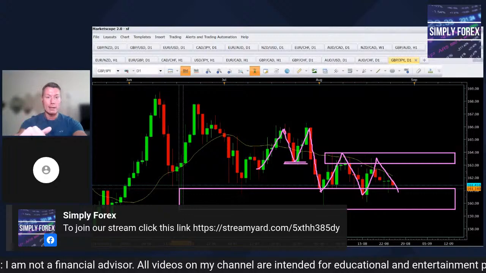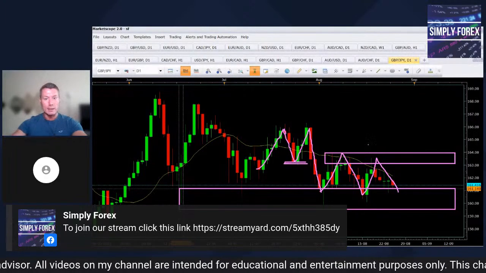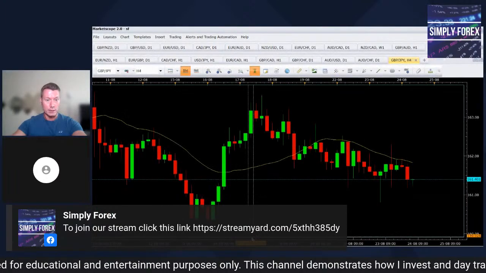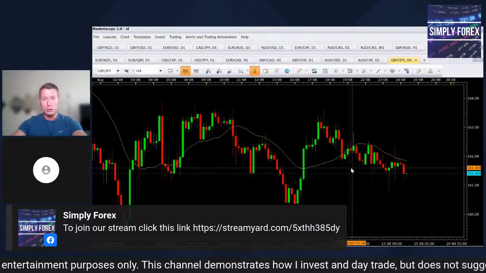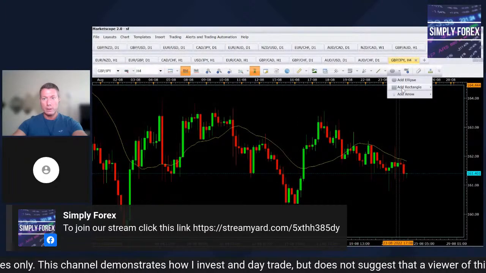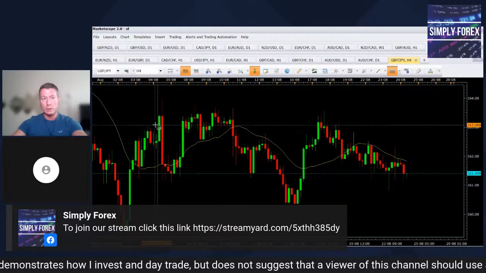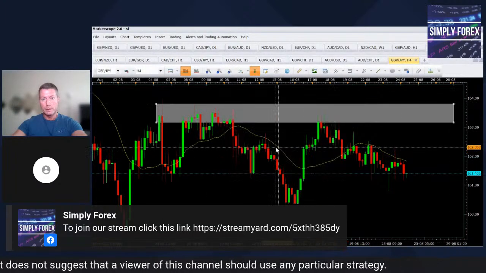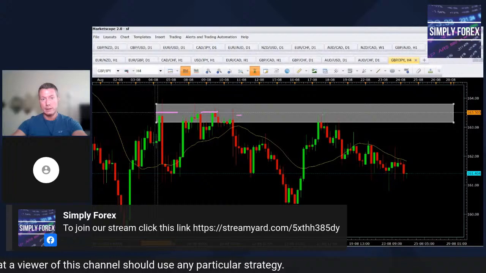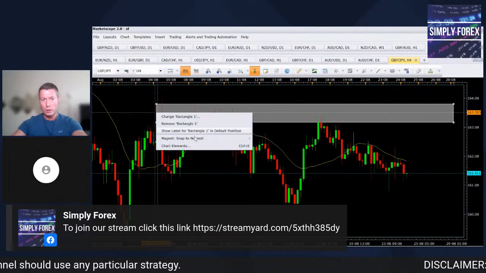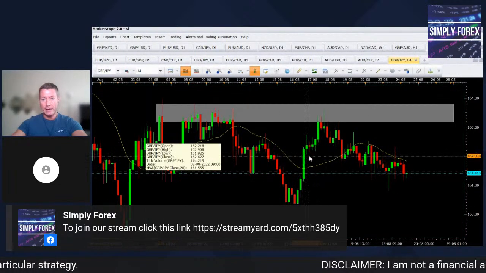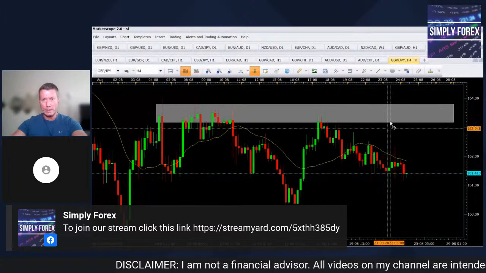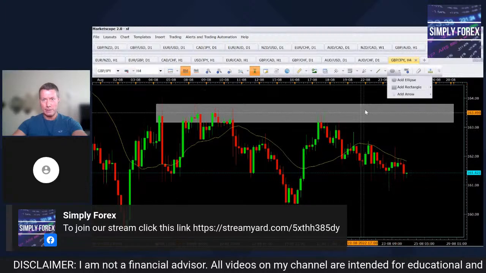Once I've done my weekly analysis, then I've looked at the daily, I will then look potentially at H4 and look at some zones. I'll then plot my gray zones. This is an important gray zone, which corresponds with all these highs here on the H4. It's a little bit scruffy on the H4. We have lots of wicks, but this area here is a zone.